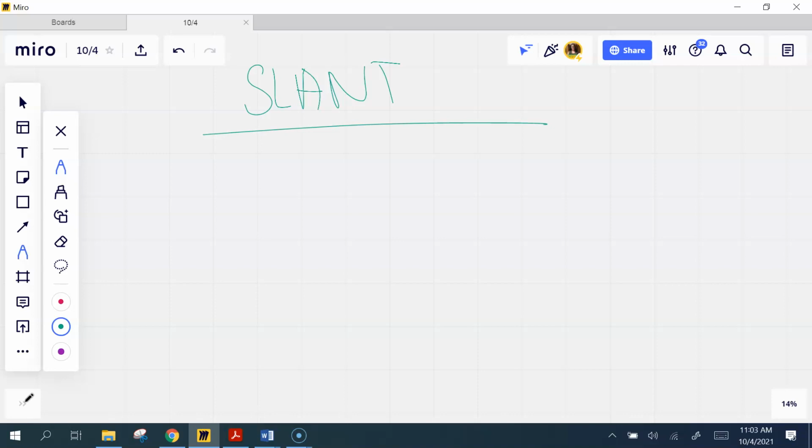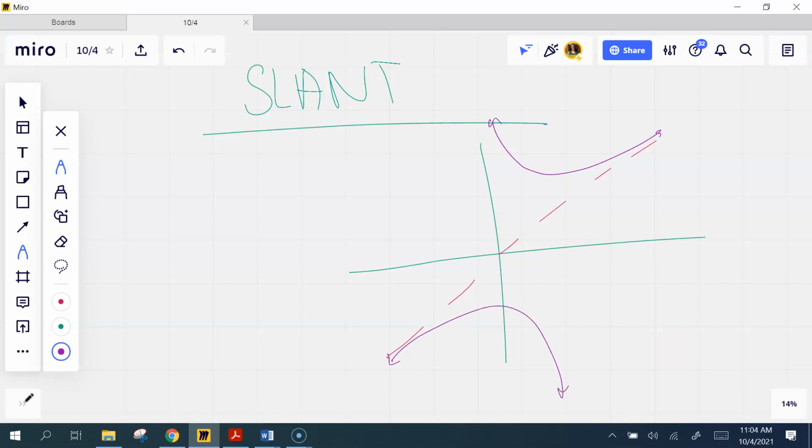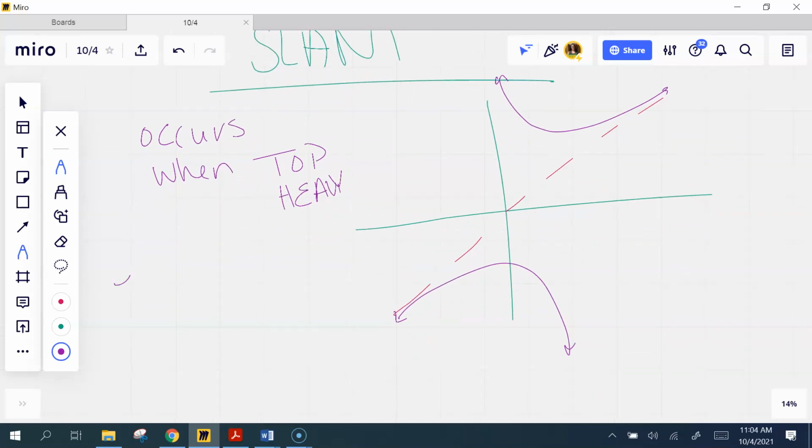Okay, just quickly, slant. So this is whenever I have a graph where the asymptote looks something like this. And so my graph would come up and hug the asymptote, maybe something like this. But this occurs only in one scenario. It occurs when I am top heavy only. To find the equation for a slant asymptote,